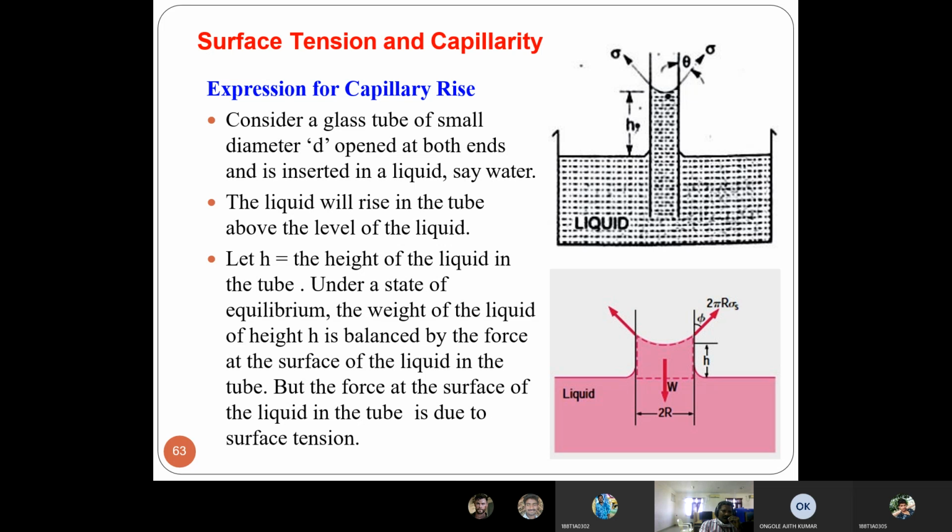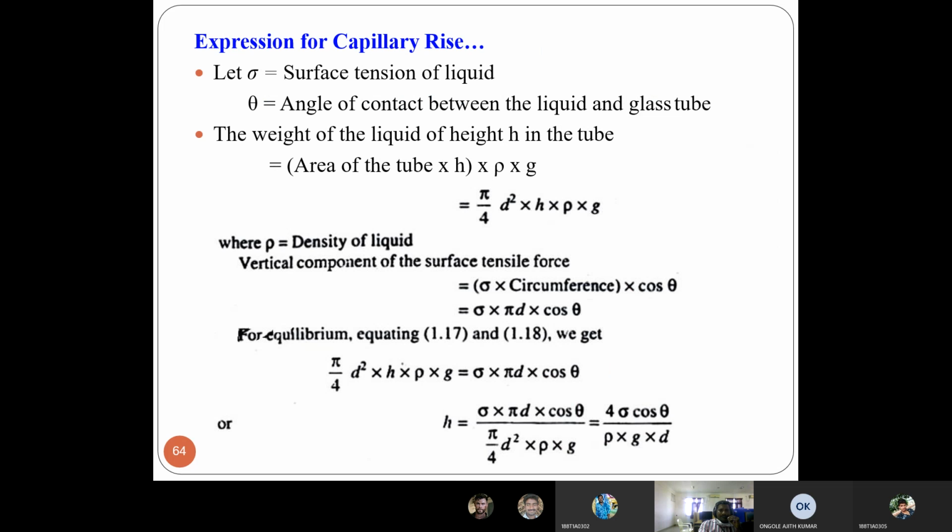But the force at the surface of the liquid in the tube is due to surface tension. Let sigma be the surface tension of the liquid and theta the angle of contact between the liquid and the glass tube. The weight of the liquid of height h in the tube is equal to